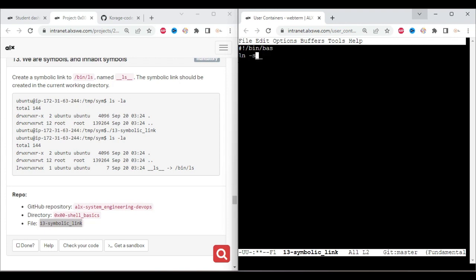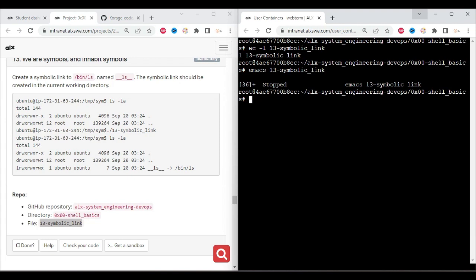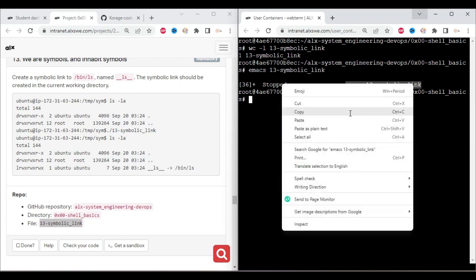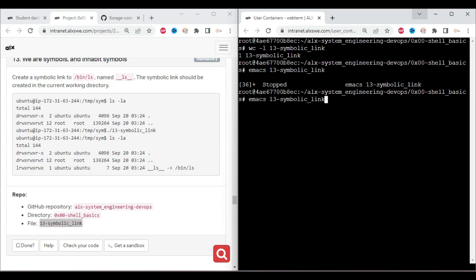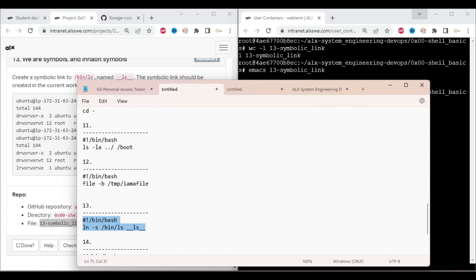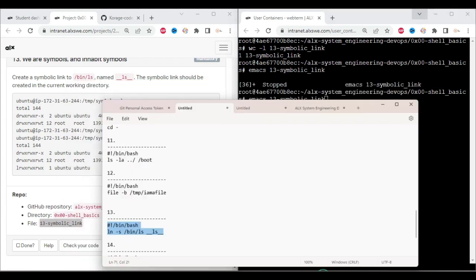Okay. There's a mistake there, and I will have to go back and fix it. So Emacs. Let's copy this. Okay, this time